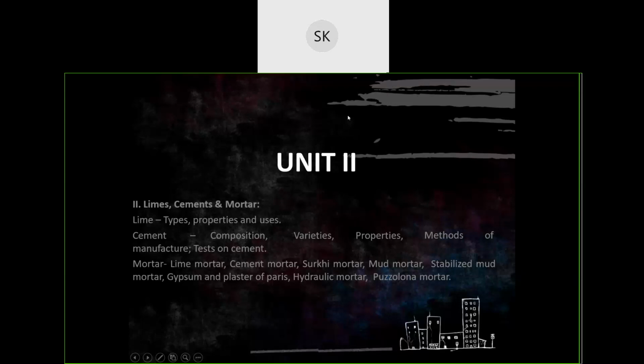Okay. So basically, module 2 is about lime and cement mortar and about aggregate. In aggregate, there were some tests. All the tests you have got in Transportation 1 and Transportation 2 lab, so you go through that by yourself.